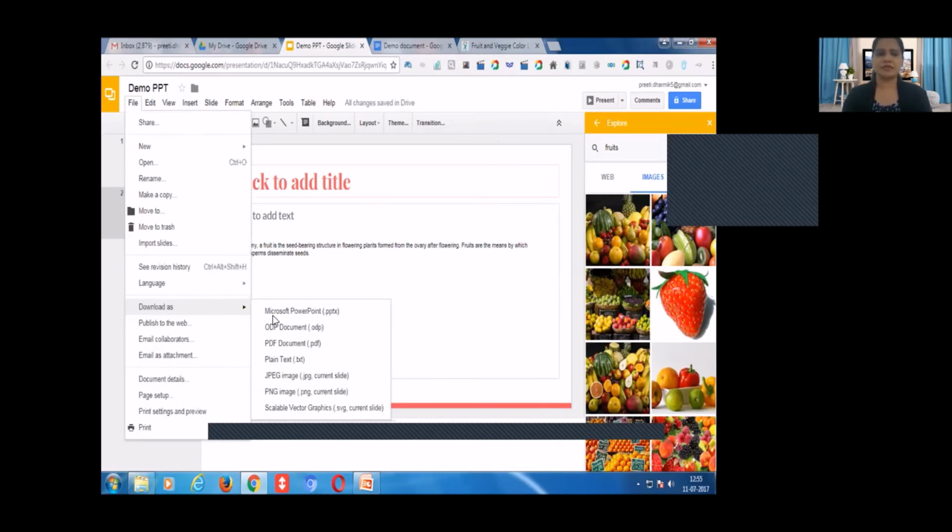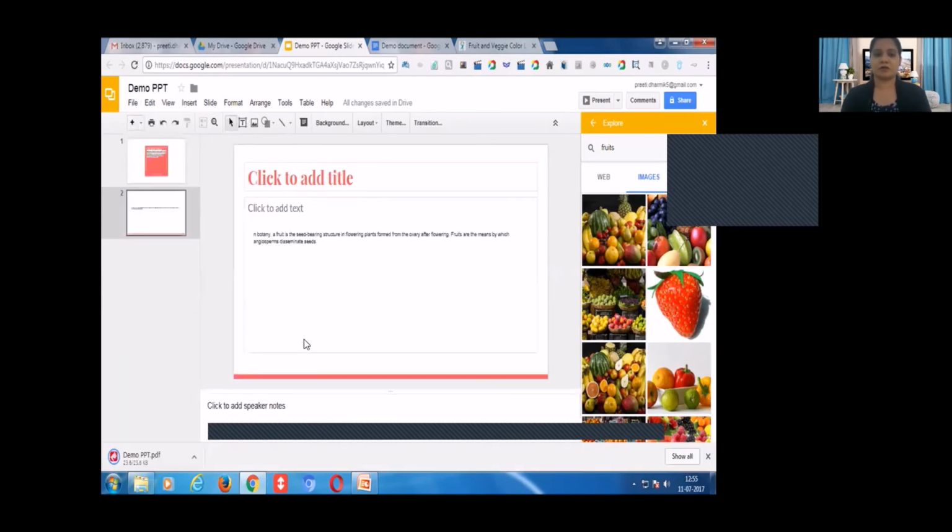Here also there are different options or different file formats in which you can download this PowerPoint presentation. Basically, it is Microsoft PowerPoint, or directly from this point itself, you can make this presentation in PDF format. So for demo purposes, I am converting this Google Slides file into PDF format or a PDF document.